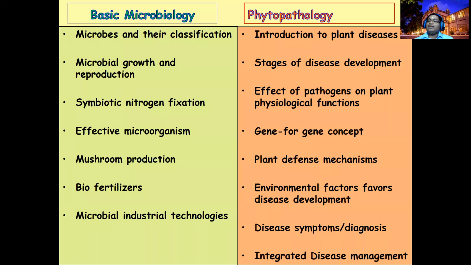This we call defending. So if there is defense, the host is very resistant. On the host side we always talk about resistance. On the pathogen side we always talk about virulence. The pathogen side is virulent, and on the host side we talk about